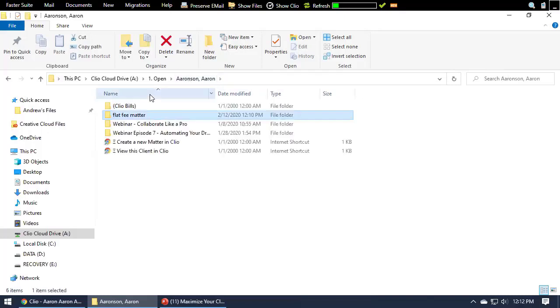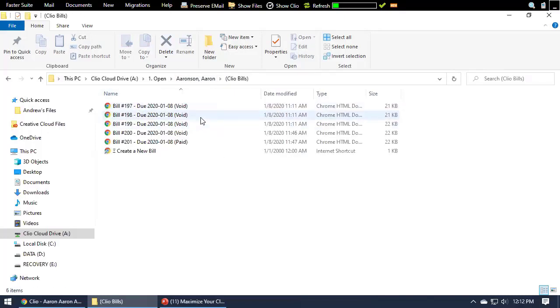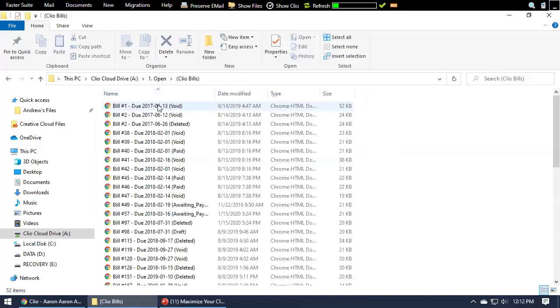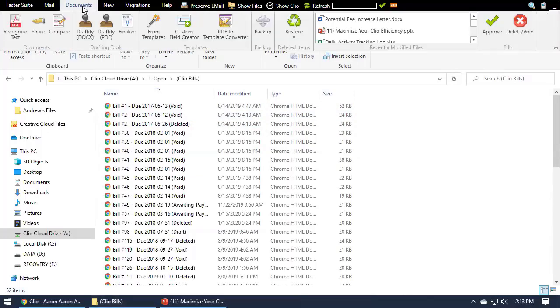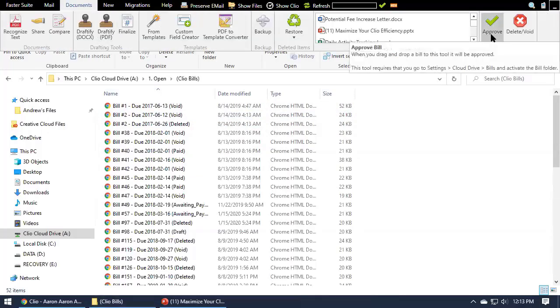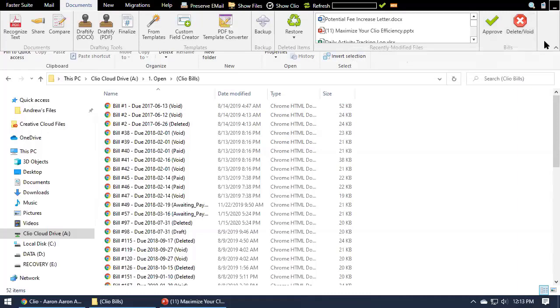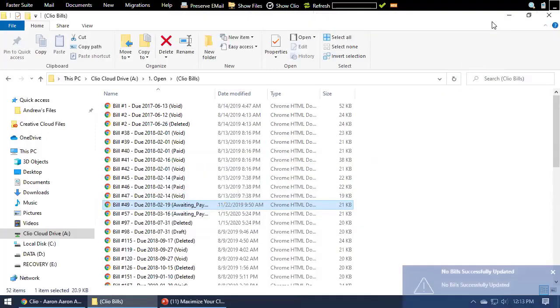So that's one really easy way of viewing bills, but there's actually one other thing we can do with this. If we go back to one of these Clio bills folders that shows some bills, actually I'm going to go one level out here and go to our status folder. Under the Documents tab on the ribbon, on the far right-hand side, you'll see Approve and Delete Void. And these are just some quick billing tools that you can use with this Clio bills folder. So for example, this bill here, bill number 49, we can see is awaiting payment. If I drag this bill up to Approve, that should,